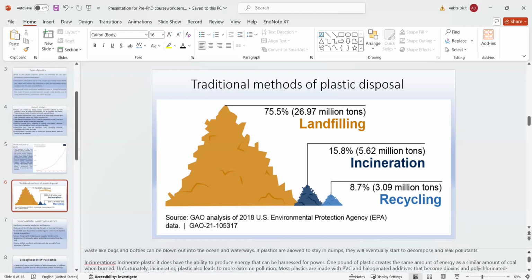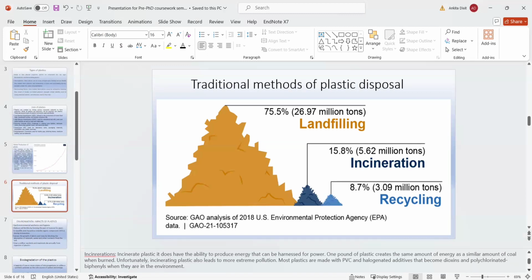Second method is incineration, which is globally used for almost 15.8%, in which 5.62 million tons of plastic is decomposed. Incineration is the method in which plastic is burned to produce energy that can be harnessed for power. One pound of plastic creates as much energy as a similar amount of coal when burned. Unfortunately, incineration of plastic also leads to more extreme pollution. Most plastic can be made with PVC and halogenated additives that become dioxin and polychlorinated biphenyls when they are released